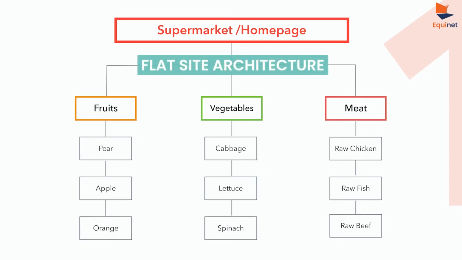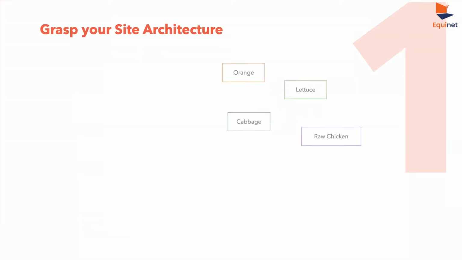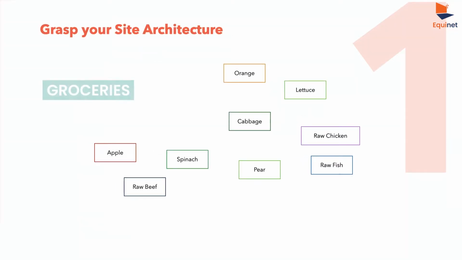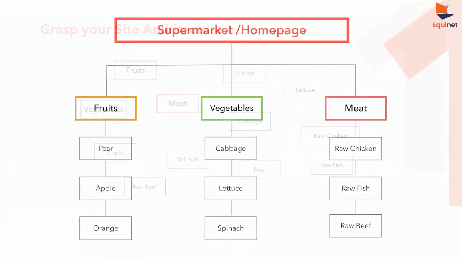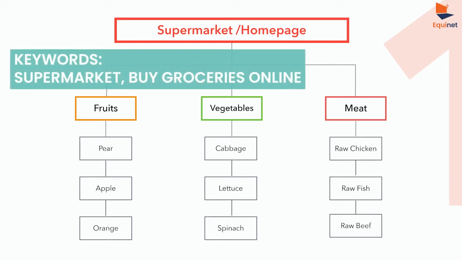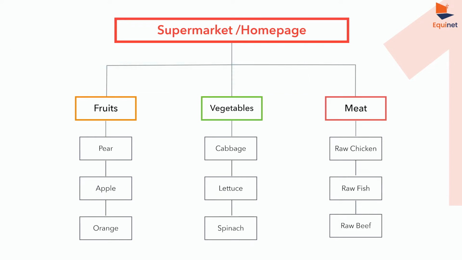For example, these items can be found in a supermarket and can be categorized as groceries. Expanding on this, we can further split them into more specific groups like fruits, vegetables, and meat. So on a supermarket website, the homepage can be mapped to rank for keywords like supermarket or buy groceries online. Upon further navigation, or the second click, users can be diverted into the different pages of the respective categories: fruits,